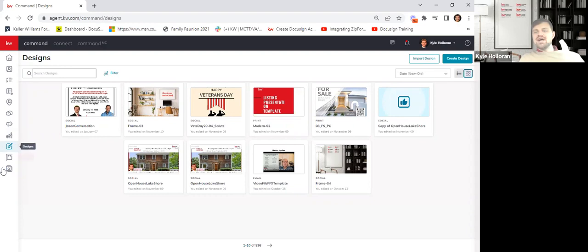All right, so when we click on designs, let's go over this home screen really quickly. This may look different than yours, and the reason why is because I have created designs before. So all these designs that you see here on my screen are saved from creating them before. If you don't see anything here, that's okay. Notice that at the very bottom of the screen, I've created 536 designs in Command. And so I can always toggle through anything that I've ever created.